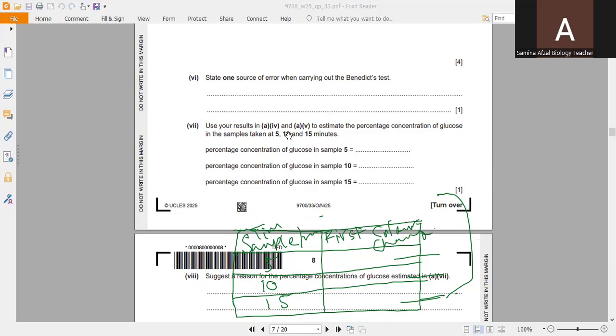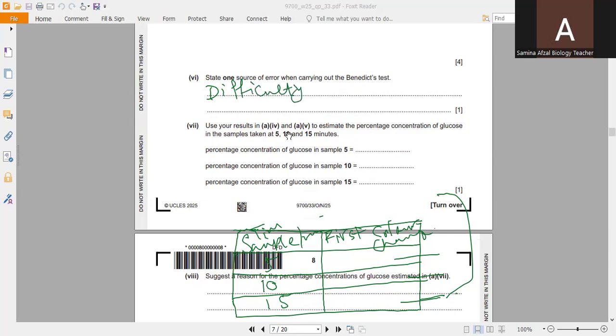So the one source of error which you can have during this experiment is the difficulty in determining the exact moment of the first color change. So there can be fluctuations in the temperature when you are doing this. So the first state for this you can write